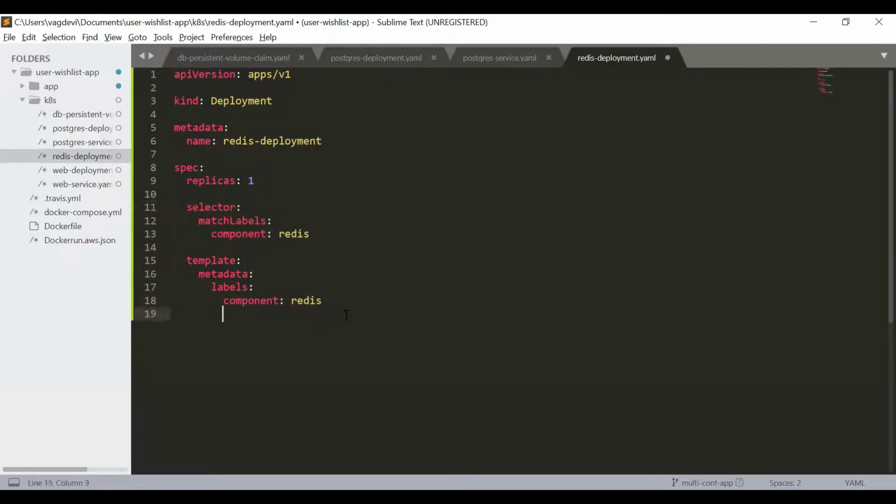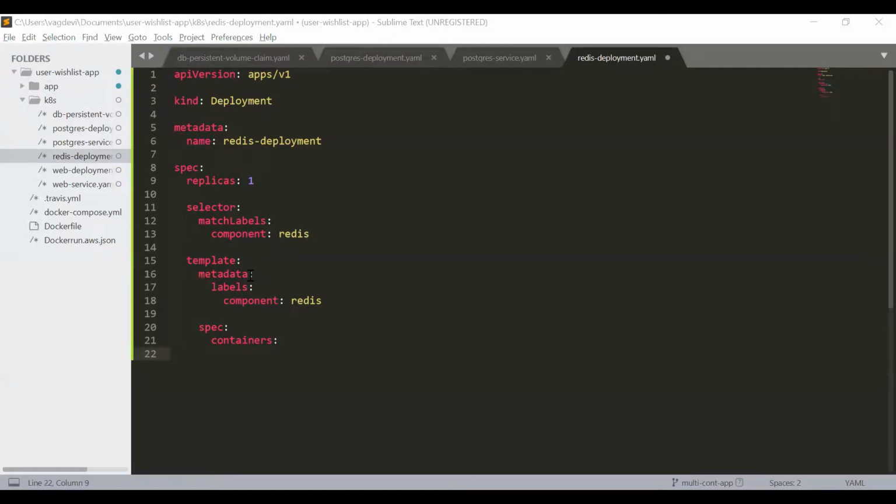so that all those pods become part of the same deployment. Then the specification for this template, I mean the specification for the pod. Template refers to pod, right? So spec, containers. Under containers, we will give it a name and the image it should run.